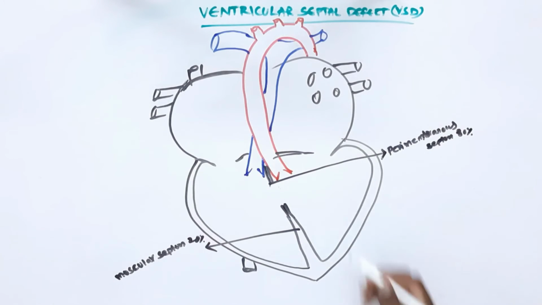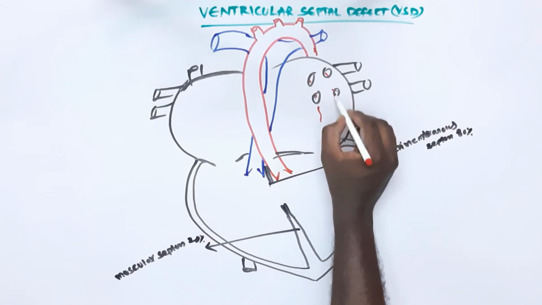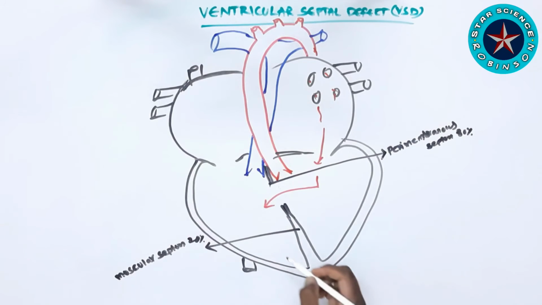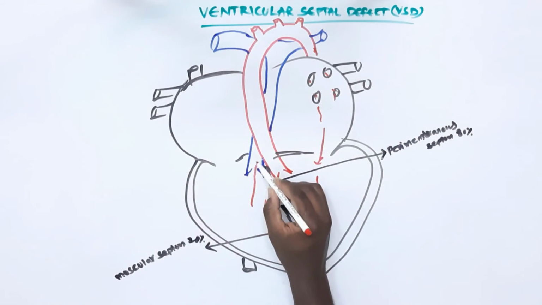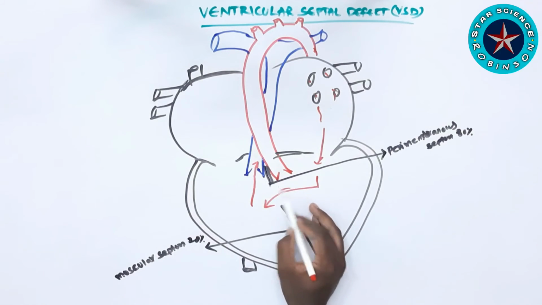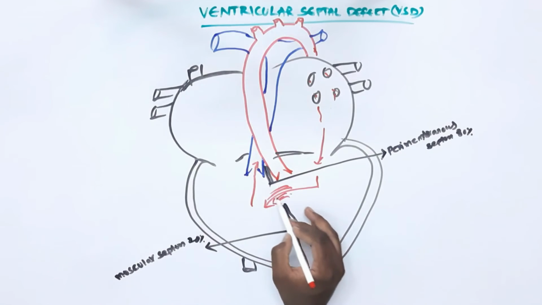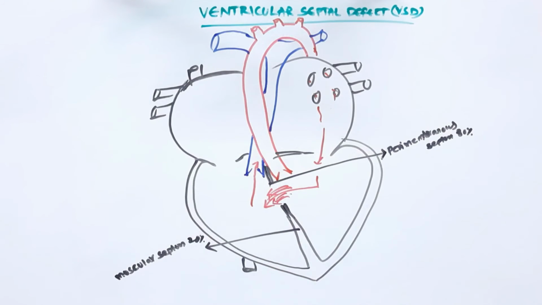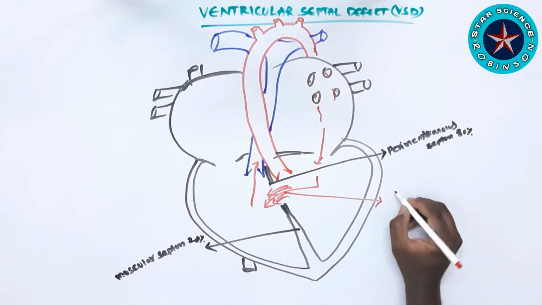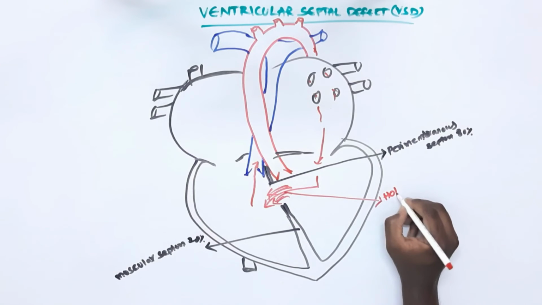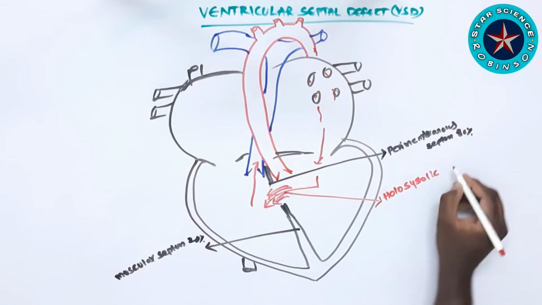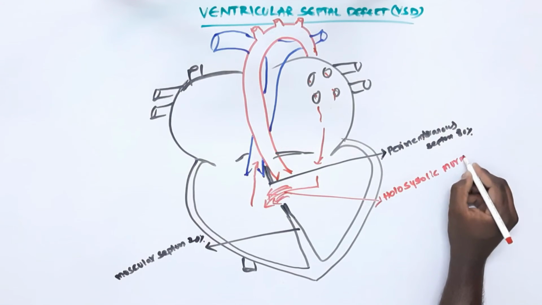Now we'll see the blood flow from the left atrium into the left ventricle. From the left ventricle, it enters the aorta, as well as the right ventricle, and from there into the pulmonary artery and into the lungs. Now I'm showing you the place where the ventricular septal defect is, the opening in the ventricular septum. When the blood flows from the left ventricle to the right ventricle through that place, the sound produced is called a holosystolic murmur. Once again, it is called a holosystolic murmur.